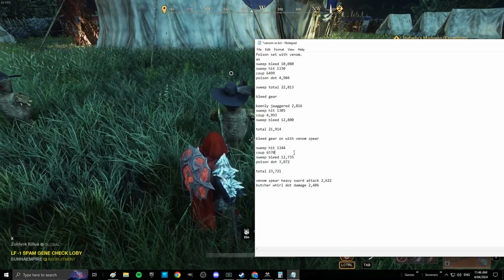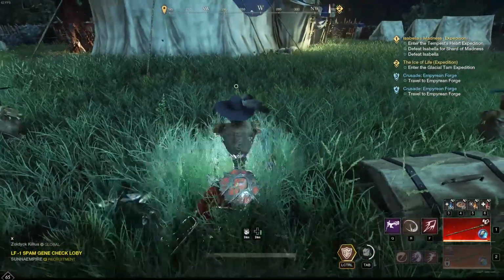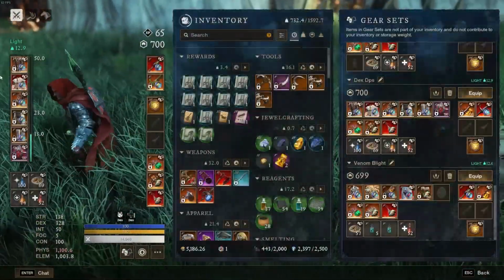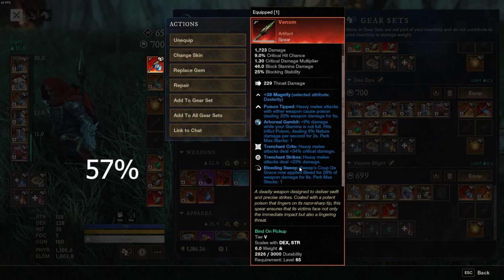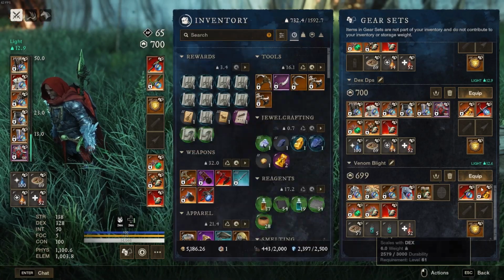The coup de grace hit, so the actual coup hit, is harder as well, so it hits for about 6,600. And that's because the spear has trenchant crits and trenchant strikes on it. So we're essentially getting another 57 bonus damage on our coup. Whereas on the syncretic spear, we're only able to get